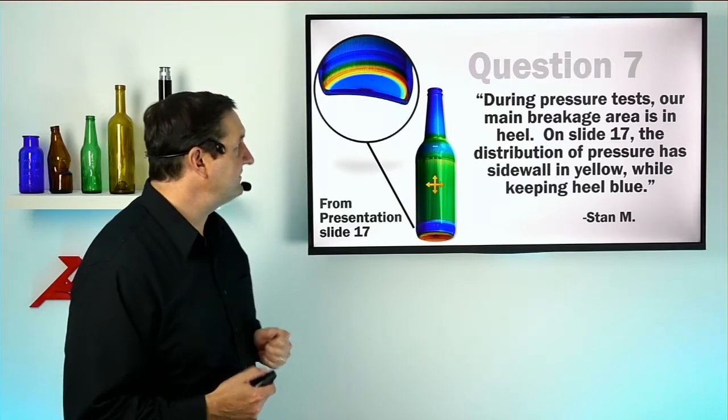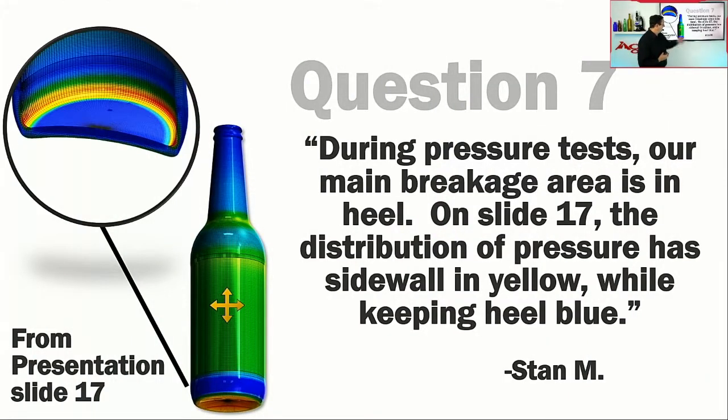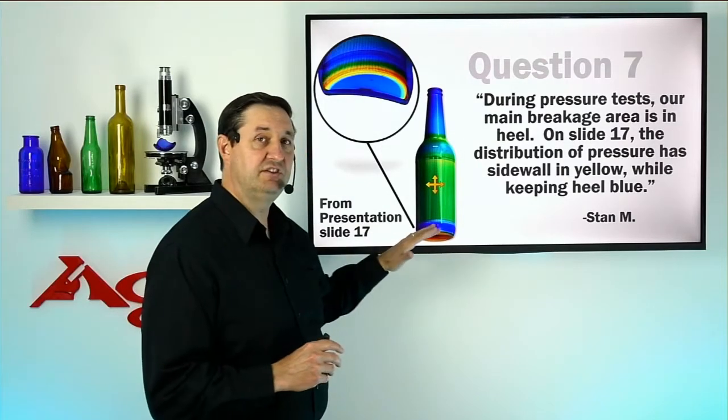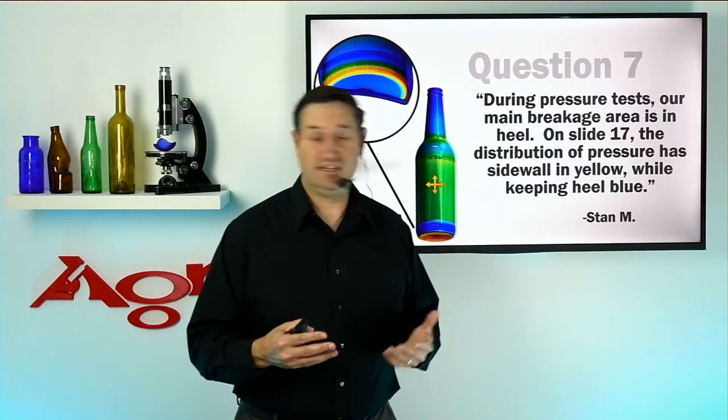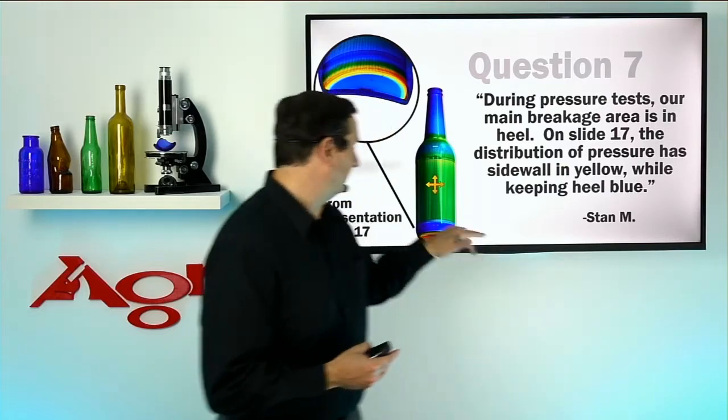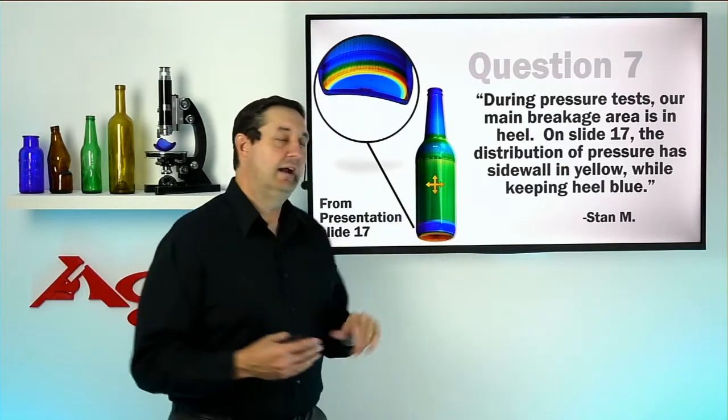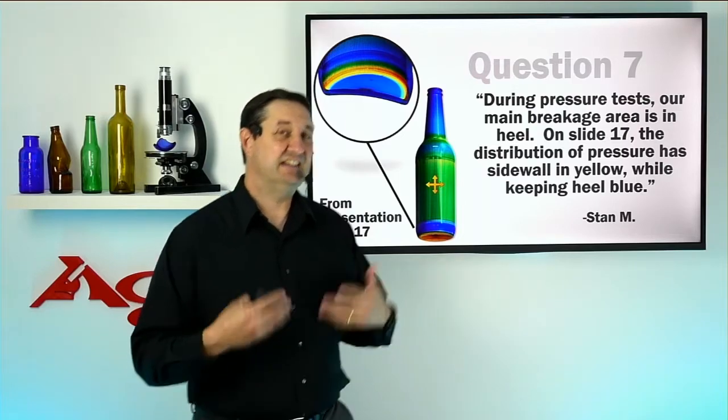All right, question number 7. During pressure tests, the main breakage that they're seeing, this particular individual, is in the heel area. And they note that on slide 17 of my previous webinar, the do's and don'ts, the distribution of pressure stress is low in the sidewall with yellow, but in the heel, that stress is blue. And recall, we said that blue is either low tension or possibly compression. Now, this particular FEA is specific to the outside surface. I'm in agreement. The heel region is low tension, so I wouldn't expect breaks down in the heel, except